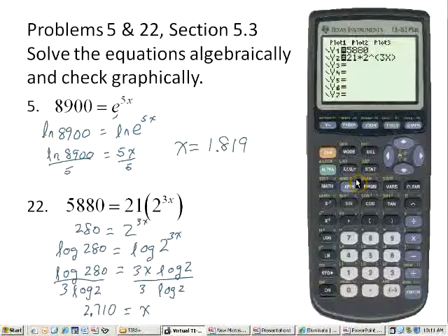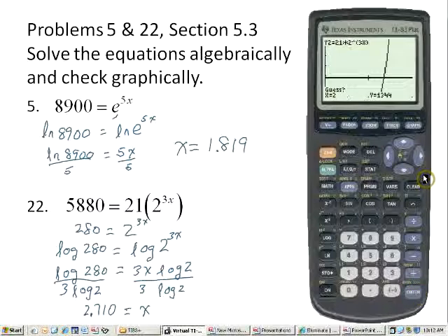So I have the left side is y1, the right side of my equation is y2. Before I graph this on the window, my answer was 2.7 something, so let me just make this say 4. And I think the other scale should be okay. Let's look at a graph and see what we get. There's the one. There's the other. If we check this using the intersect method in the Calc menu,